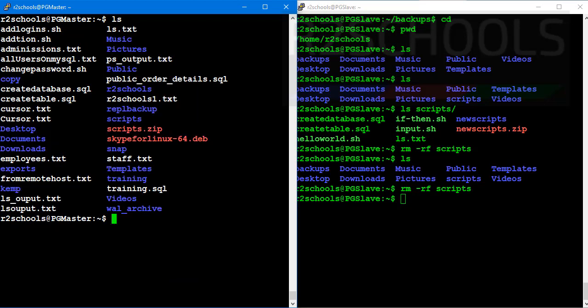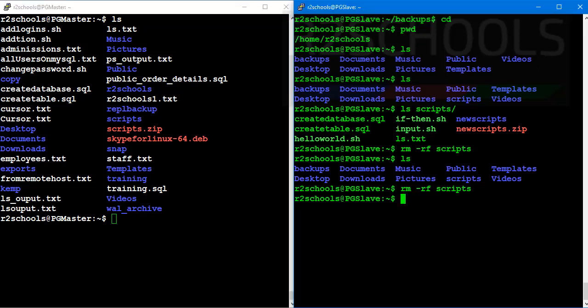See, now we have too many .txt files. Suppose I want to copy all txt files to a target directory. First I created the directory, mkdir txtfiles.